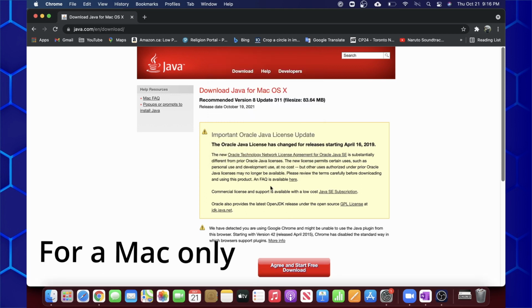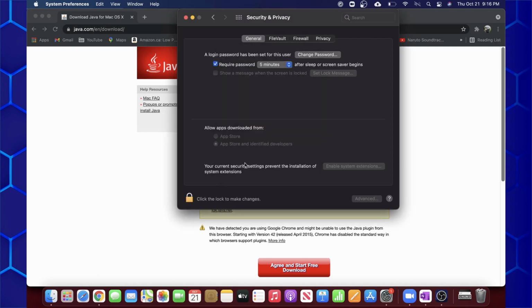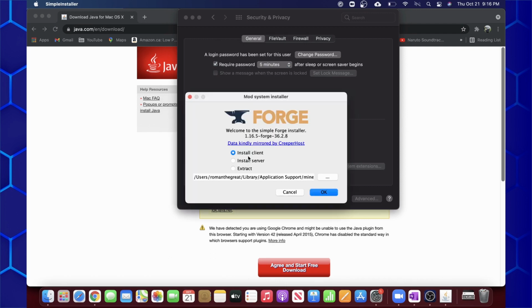Then I'll say this, just hit OK if you're on a Mac. Go over to System Preferences, then hit open anyway. Then just hit open, and then it'll start working. Then once you see this, make sure you hit Install Client, and then choose here where you want to save